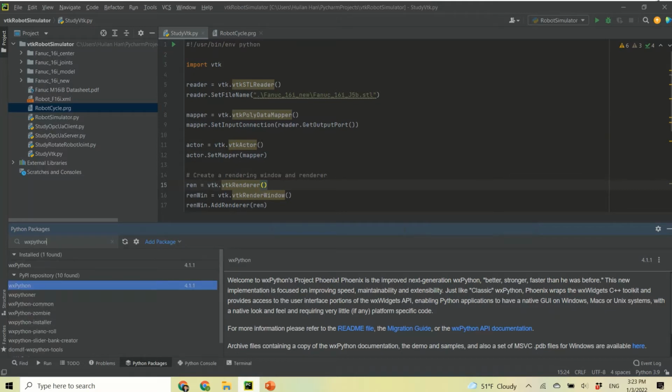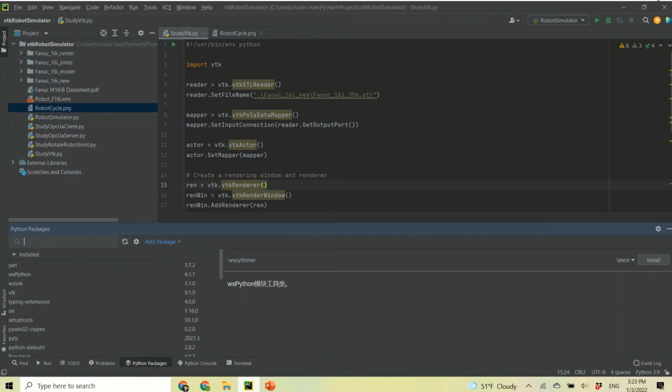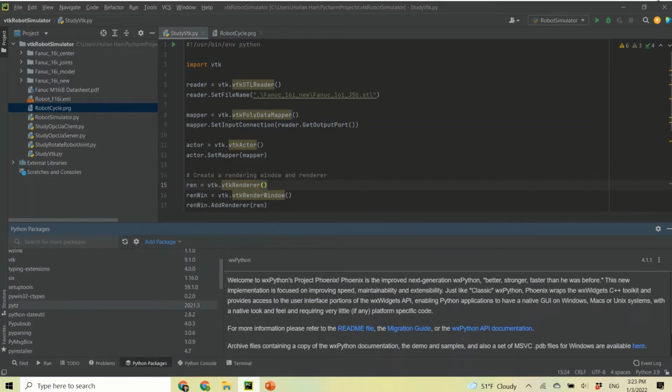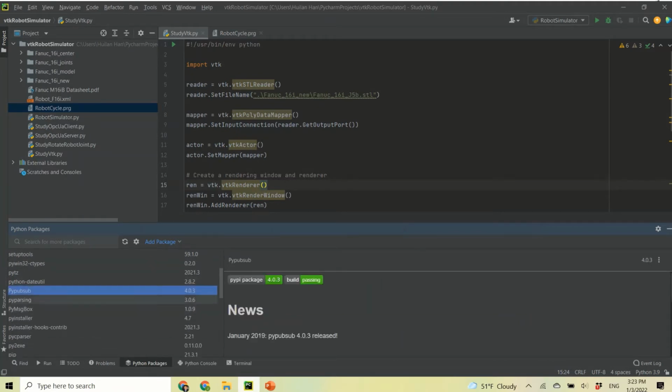To give an example, if I try to install something else, for example this one, I just click install on the right side and it will be installed. So in my case, VTK, wxPython, all the modules I have installed. I can show you: wxPython, VTK, PyPubSub for sending messages between threads,